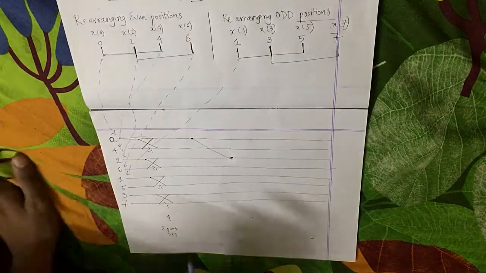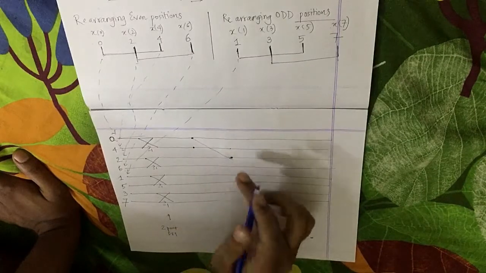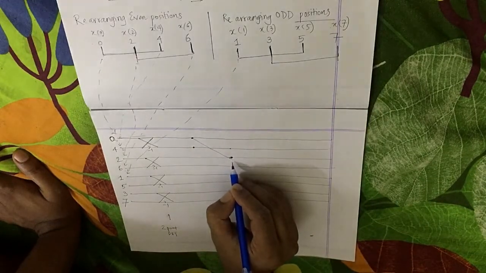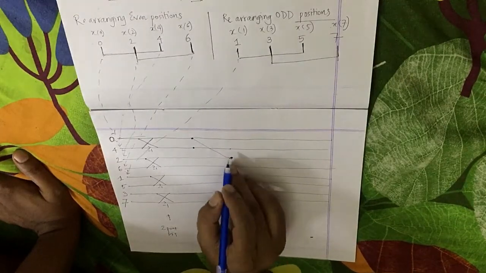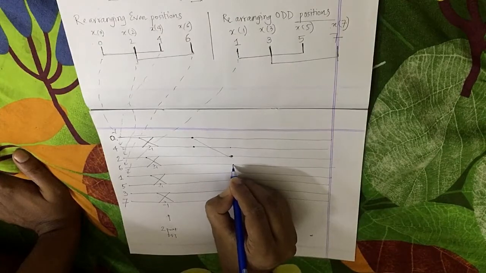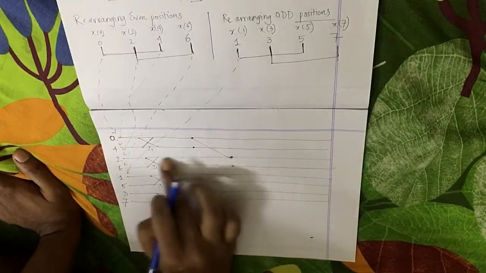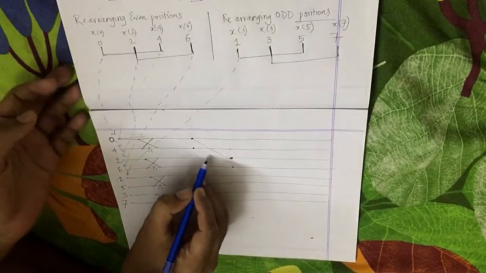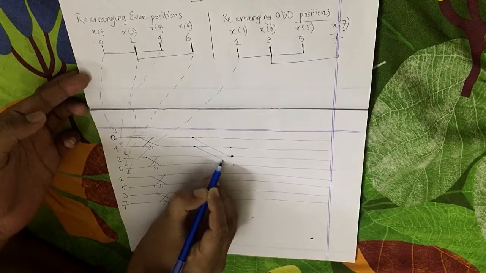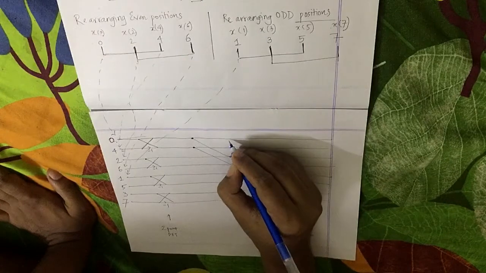Okay, same goes for the next line. Here we need to keep one line vacant, means this one we need to keep vacant, and we have to draw a line. You see, we are starting from this line, keeping one vacant line in between, and then going to the next line and then drawing a straight line like this. Fine. So same goes for this side as well.